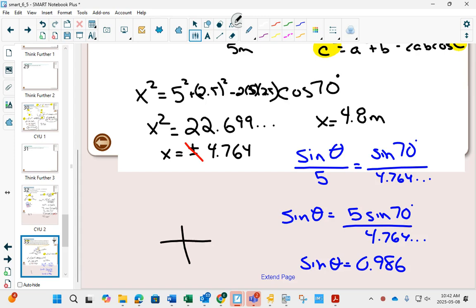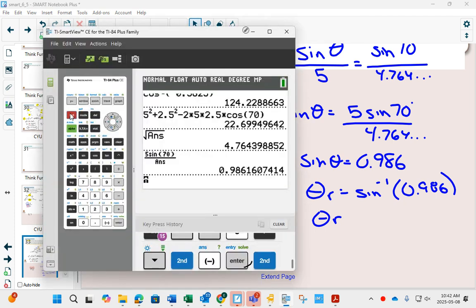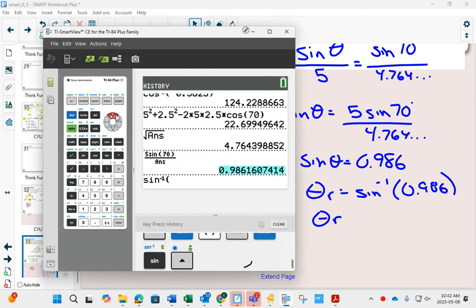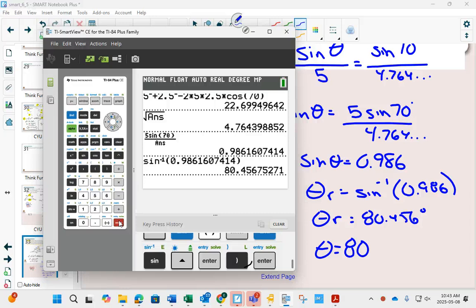According to your CAST rule, sine is positive. It could be in quadrant 1 or quadrant 2. What's our reference angle for theta? It will be sine inverse of 0.986. So my reference angle is sine inverse of this answer, 80.456. So theta is also, and how much did they want me to round to? Nearest degree, 80 degrees in quadrant 1, or theta is equal to